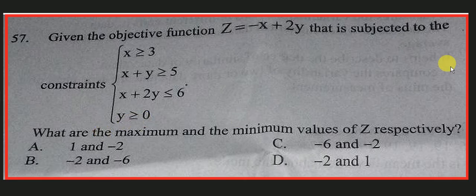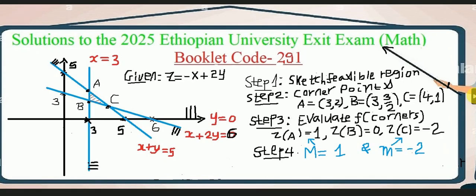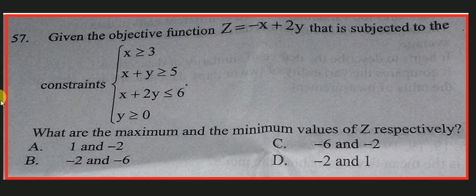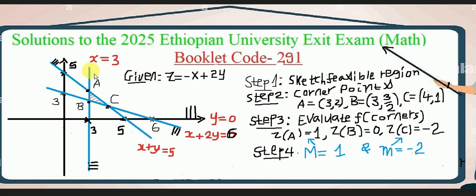to 0. ሁሉንም ወደ ኢኳሊቲ ቀይረን ላይኖችን ስኬች እናደርጋለን. ቀጥለን ፊዚብል ሪጅኑ ስኬች ለማድረግ ወደ ኢኳሊቲዎቹ. ኢኳሊቲ እንዴት ስኬች እንደሚደረግ ይታወቃል. ለምሳሌ x is equal to 3 አልነበረም የተሰጠነ constraint, x greater than equal to 3 ነበር. ስለዚህ በግራ በኩል ያሉ ፖይንቶች, ማለት ከ3 የሚያንሱ ቁጥሮችን በx ቦታ ስናስገባ ሌዝ ይሆናሉ እንጂ ግሬተር አይሆንም. ስለዚህ x greater than equal to 3 የሚሆነው ይሄ ፓርት ነው, ማለት the region to the right of this line. x greater than equal to 3 ማለት